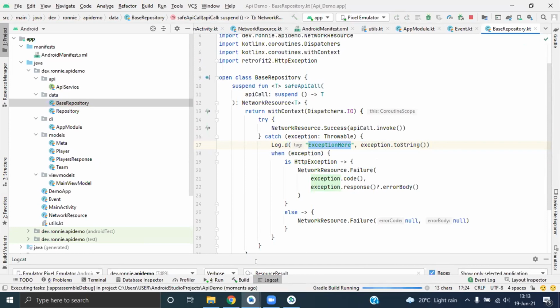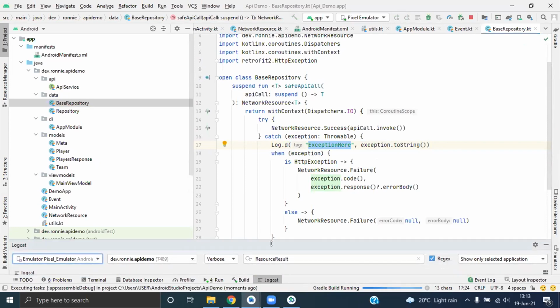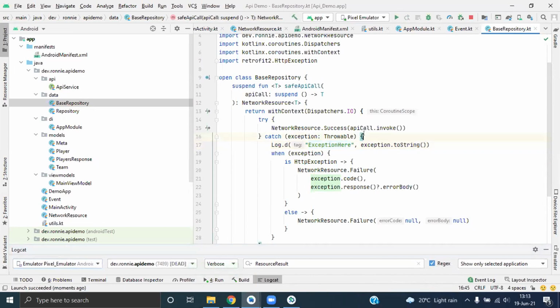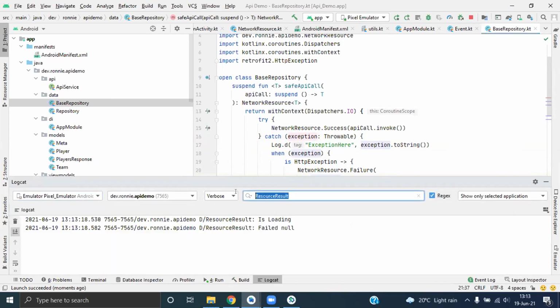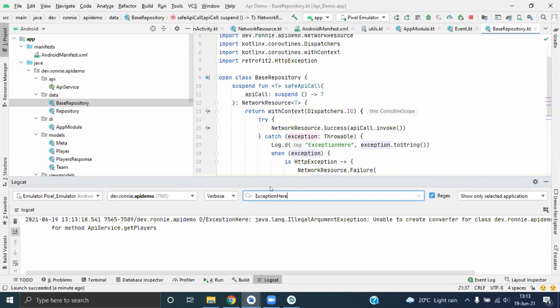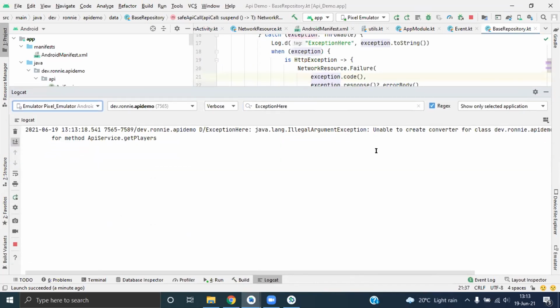What if there is the else part? You see, you are passing the error code as null. Because I can't get the error code here. I can only get the error code inside the HTTP exception instance. Yes, but in the logs you are saying error code, which may be the else part. If it's an HTTP exception, I will pass the failure then the error code. The thing is, I can't get the error code here. What if the error is not HTTP? Yeah, I can't get the code. That's why I can't get the code, and I think that's why it's returning null.